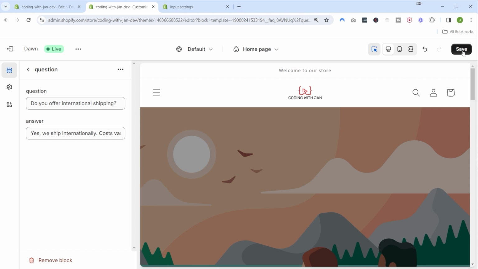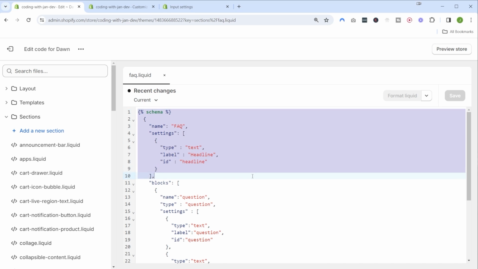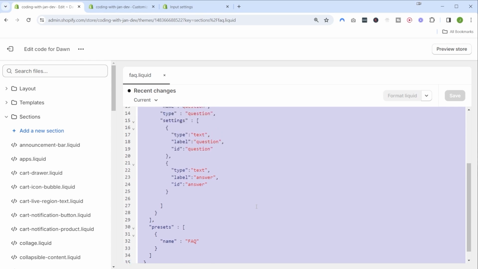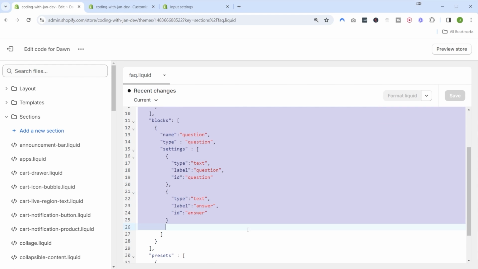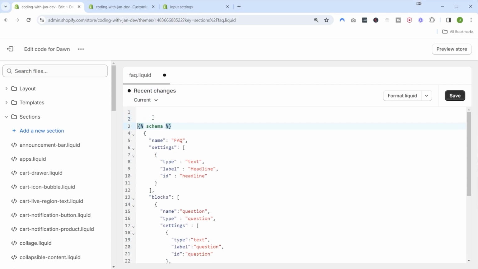And then I'm going to save that as well. Okay, so now that we have the schema for our section in place, and also some test data that we entered on the front end, we can work on the actual implementation, because right now we're not doing anything with this data. And just to show you that we are indeed in the right place, let me add a small